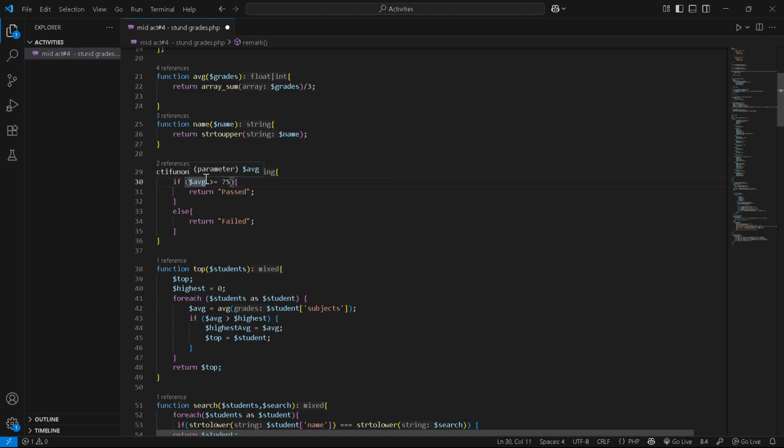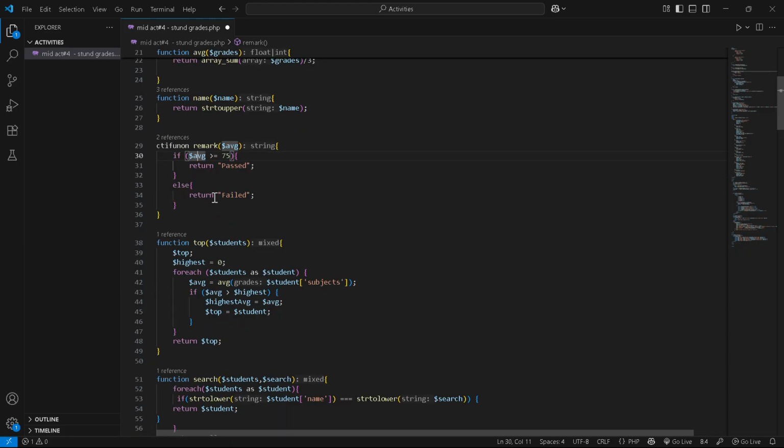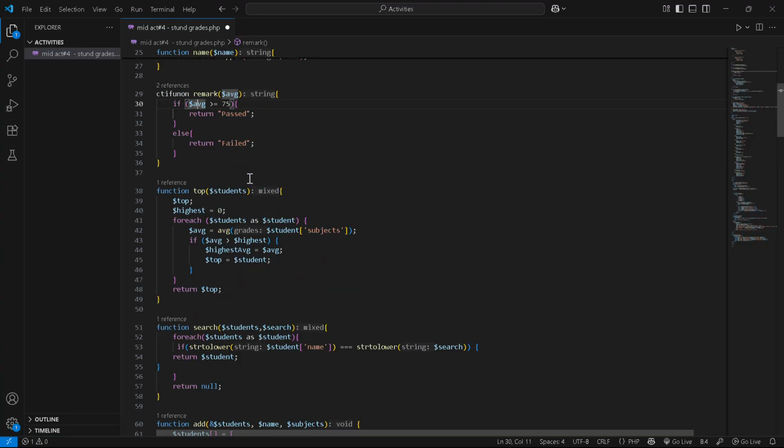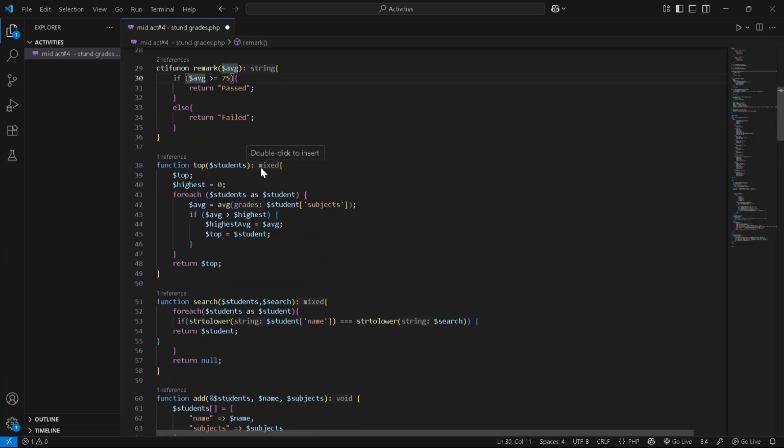This gets the average, and if the average is equal or greater than 75, it will return pass, or else it will return failed. Here's the function for the sub student mix. Never mind. Let's just say